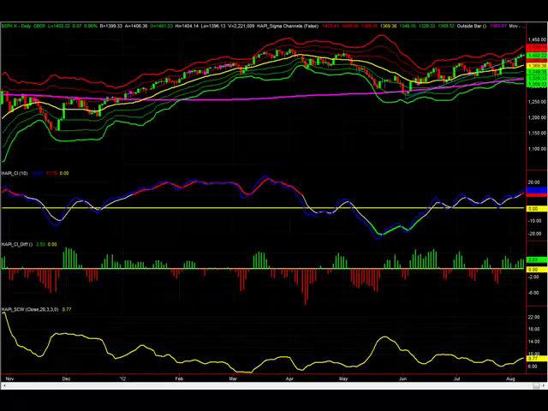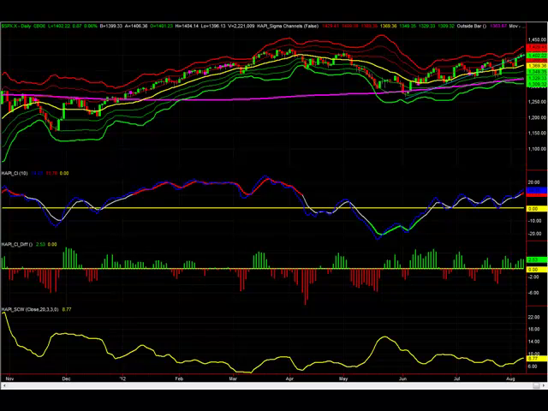Last chart we're watching here, again the SPX daily chart, but on a longer term. I just want to point out here, and I'm gonna zoom in later, that this rally we had after the April and May sell-off has not been an easy ride up. Gone up here, touched positive 2 sigma, then sold off. Up here, positive 2 sigma, sold off. Up here, positive 2 sigma, sold off. Up here, positive 2 sigma, sold off, and now we're up here at positive 2 sigma.